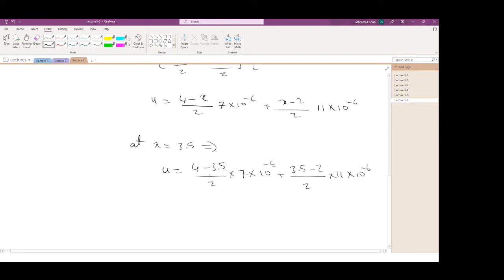This is 0.5 divided by 2, which is 0.25, times 7 times 10 to the power minus 6. And 3.5 minus 2 is 1.5, divided by 2 is 0.75, times 11 times 10 to the power minus 6. If you calculate them,